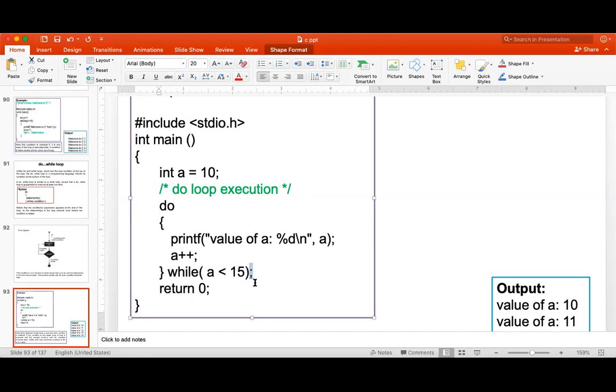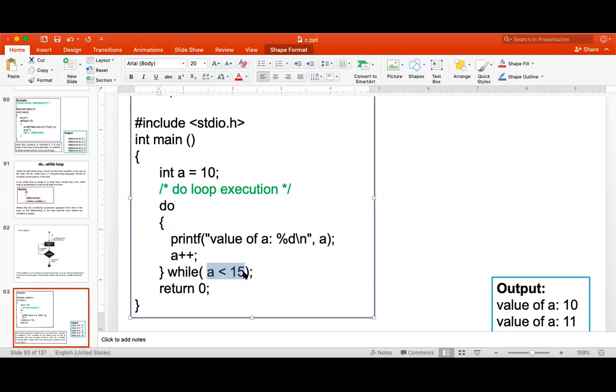So the syntax of do while: first write do this, while the condition is true. That is the reading of your do while. So do these statements while this condition is true. So perform these statements, a gets incremented, then the value of a gets checked.